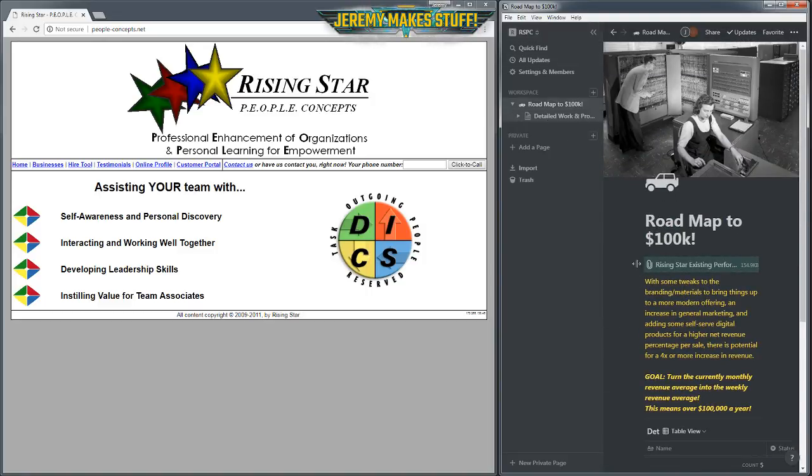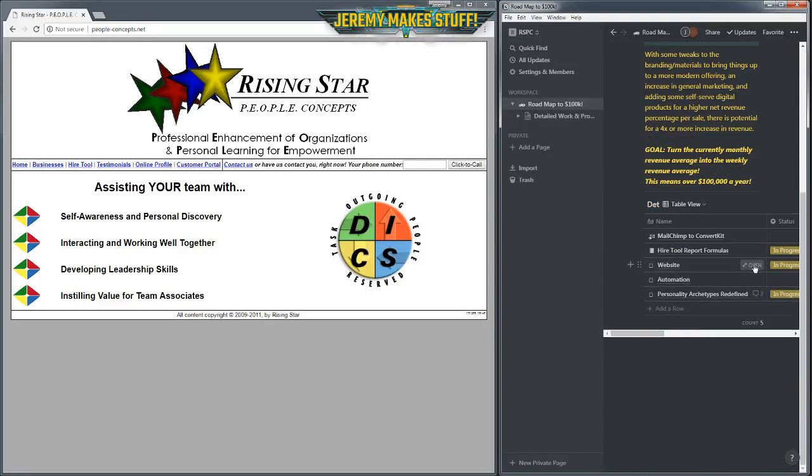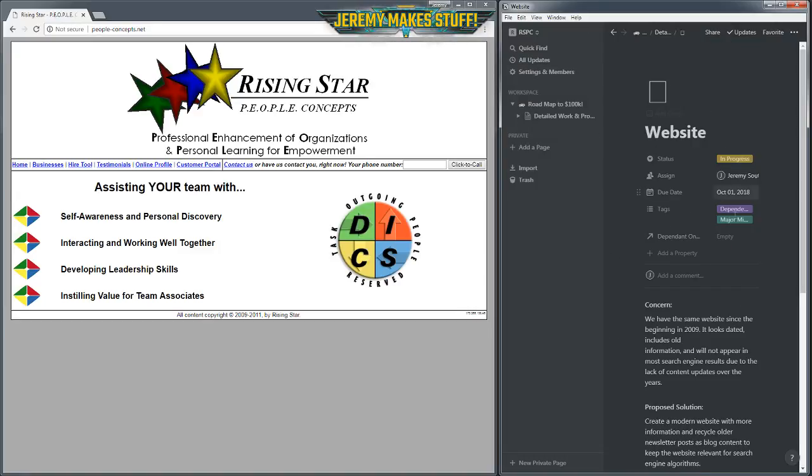We're trying to grow the business. So I'm using this to keep notes, keep track of things as I'm brainstorming here. Okay, so this is a .NET website. I guess I created it about a decade ago, and it's had a few updates. Added a customer portal, have our own CMS, but the actual content of the main site hasn't changed too much. So a few things I want to do.